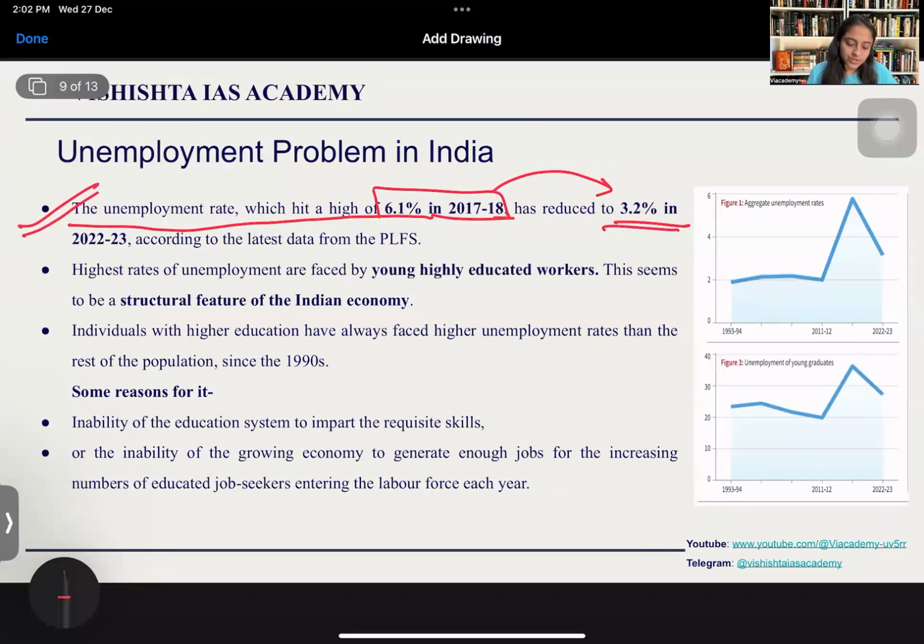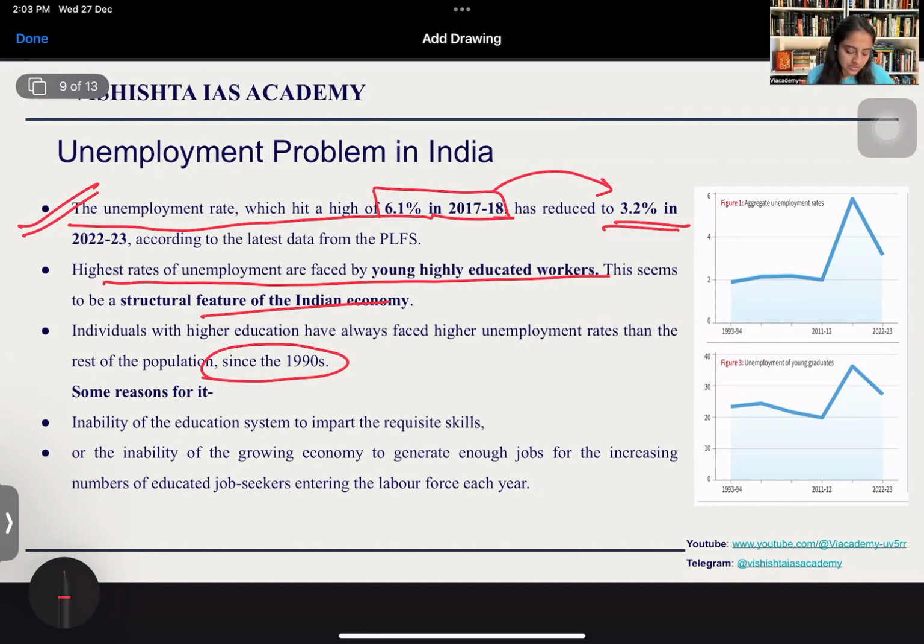But the problem which the Indian economy is facing is that the highest rates of unemployment are faced by young and highly educated workers. This seems to be a structural feature of the Indian economy since the 1990s, that people who have higher education are facing higher unemployment rates. Although we need a lot of research into exactly why this is happening, and there are a lot of social and cultural factors in this as well,